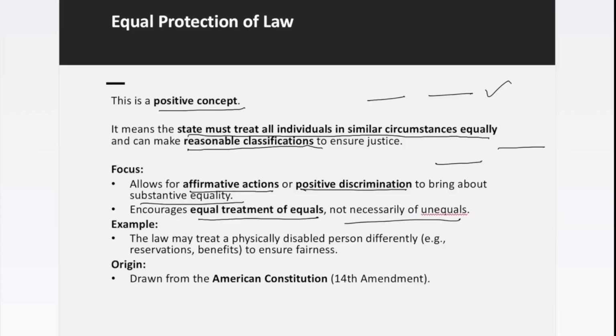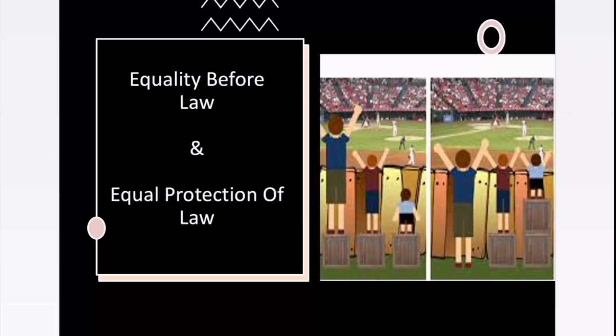So if two people are differently placed, they may be treated differently. The law may treat a physically disabled person differently with his reservation benefits to ensure fairness. And this is something which is drawn from the American Constitution. So here we have a very beautiful picture which depicts the difference of equality before law and equal protection of